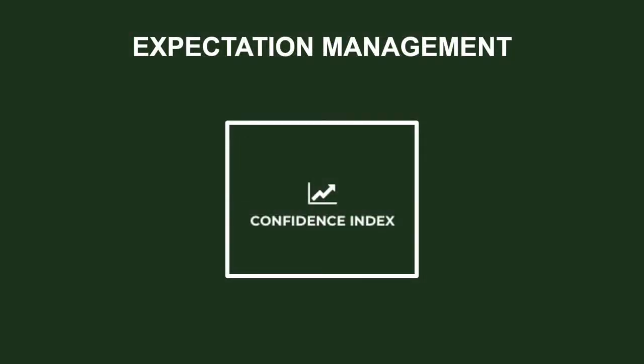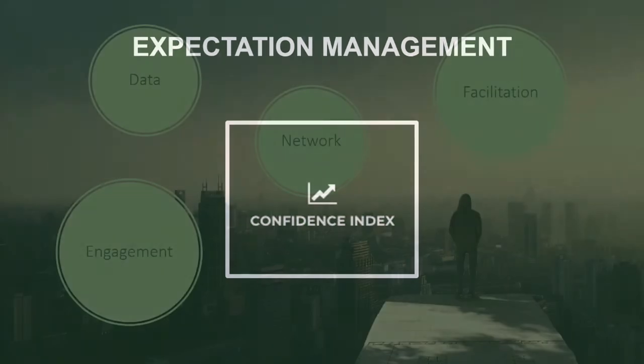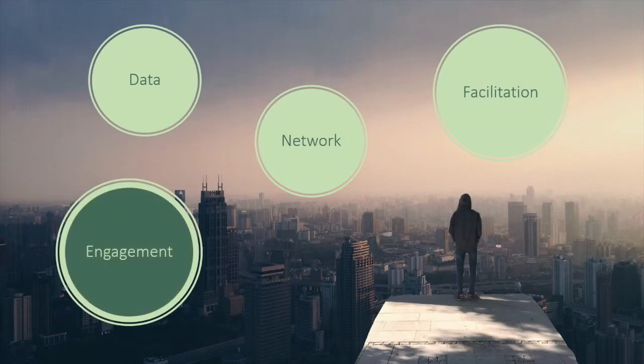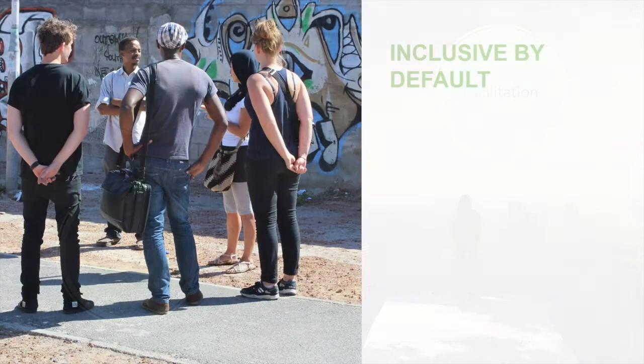As I mentioned, the quality and availability of data is something that will influence expectation management when people use the app, and that's why we're creating a confidence index, so that people can see where improvements could be made and how likely it is that a certain tree could actually have the impacts that we suggest it may have. In terms of engagement,